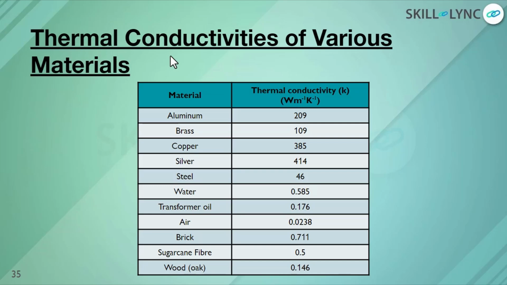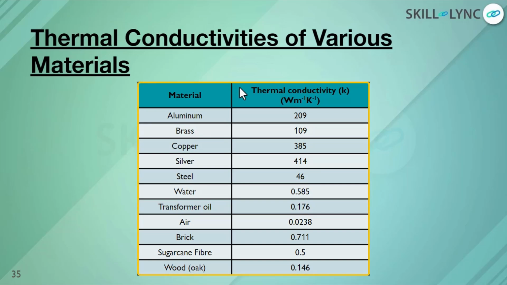Further, we are going to study the thermal conductivities of various materials. In the following table, a few materials in general use have been given. The table shows the thermal conductivity of aluminium is 209, brass is 109, copper is 385, silver is 414, steel is 46, and water is